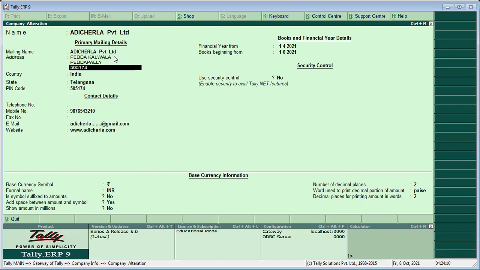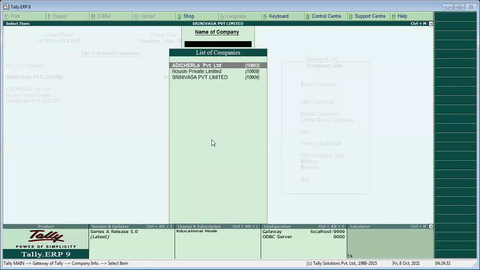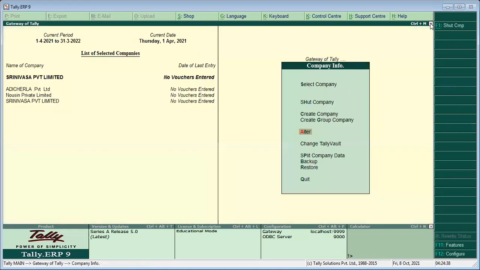Here I am deleting the pin code number, because it is a double entry. So I have completed the edit mode. Press enter repeatedly. I accept, yes. So the company is modified. This is the benefit of alter.